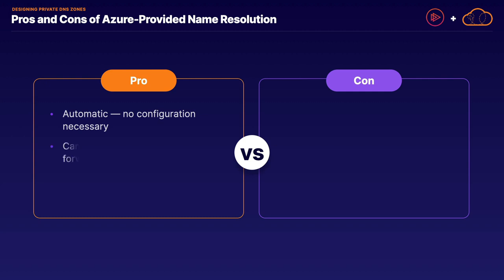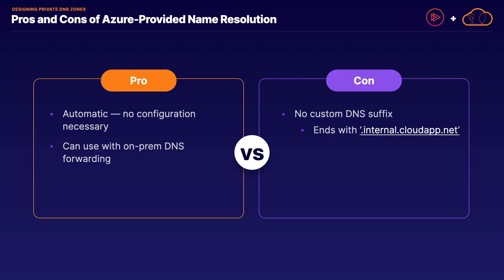You can also combine it with some scenarios in which you need to use on-premises DNS forwarding, which is often used in combination with the customer-supplied DNS option we're going to talk more about later. When it comes to cons or downsides, once again, it's automatic, which also means we have very little customization or flexibility. We are not able to provide a custom DNS suffix, which means that all automatically registered DNS entries will end with